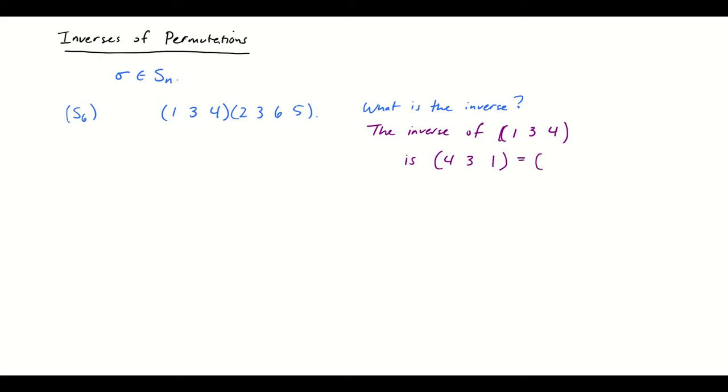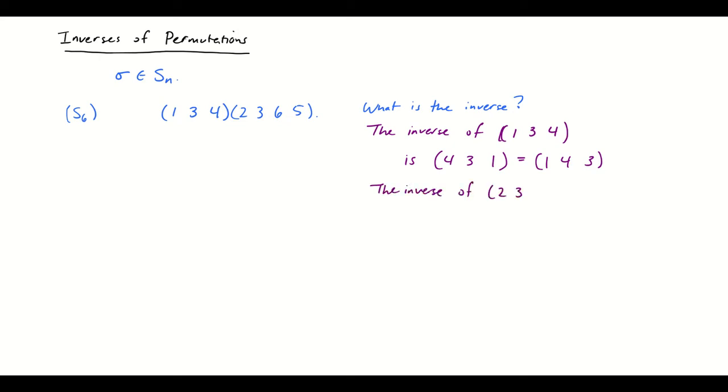Conventional meaning I usually put the smallest number in the cycle first. So instead of saying 4 goes to 3, 3 goes to 1, 1 goes to 4, I start with 1: 1 goes to 4, 4 goes to 3, 3 goes to 1. So that notation expresses the same thing, just a little bit differently. And similarly, I could find the inverse